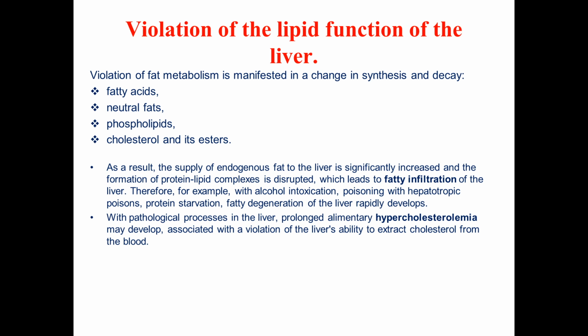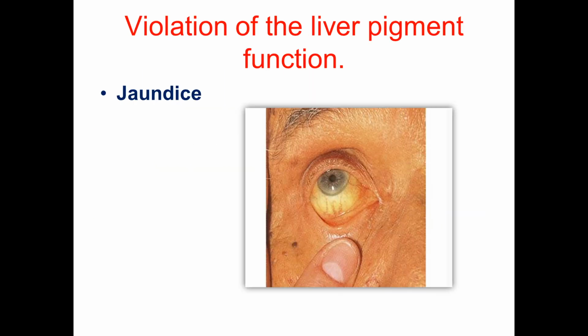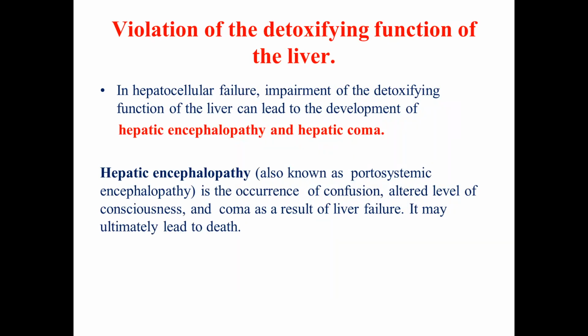With the pathological processes in the liver, prolonged elementary hypercholesterolemia may develop, associated with the violation of the liver's ability to extract cholesterol from the blood. Violation of liver pigment function causes hyperbilirubinemias, appearing as hepatic jaundice. Violation of the detoxifying function of the liver in hepatocellular failure leads to development of hepatic encephalopathy